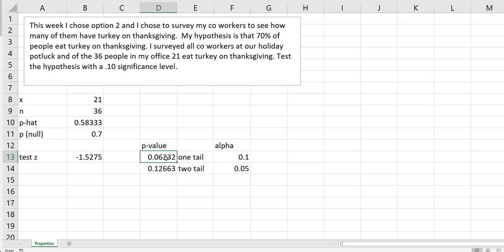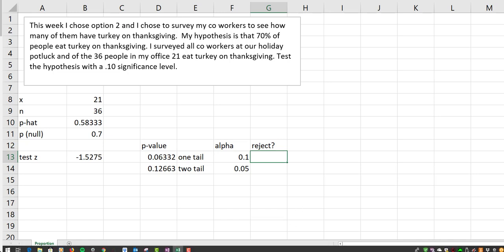If the p-value is greater than alpha, we do not reject. If the p-value is less than alpha, we reject. So it's kind of cool in Excel. They have an if statement, and I'm going to tell Excel to give me the answer. So equals IF